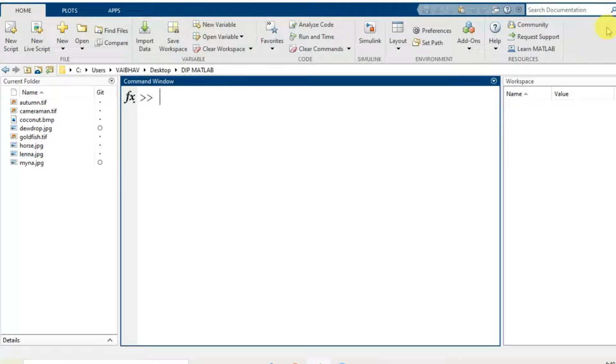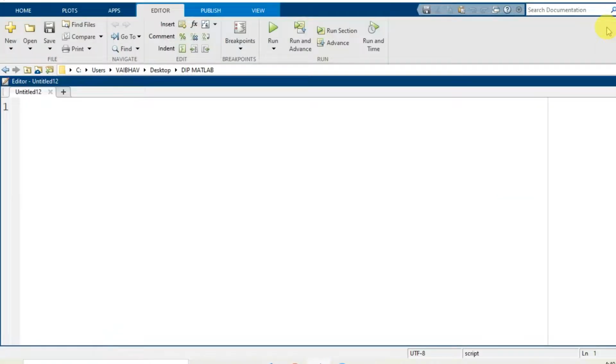In this video I am going to demonstrate how the bit plane removal of an image can be made possible while working in the MATLAB environment. So for coding purpose, let us switch to the editor window where we start with the MATLAB syntaxes of close all, then clear and clc so that we can have fresh execution of our program.